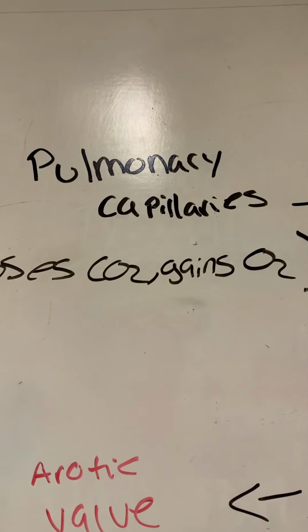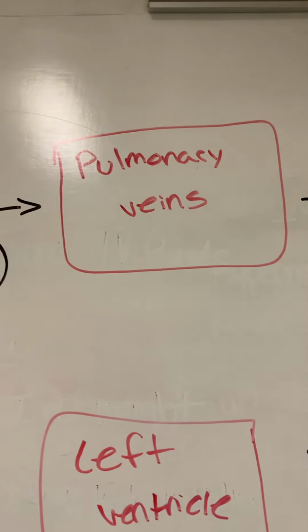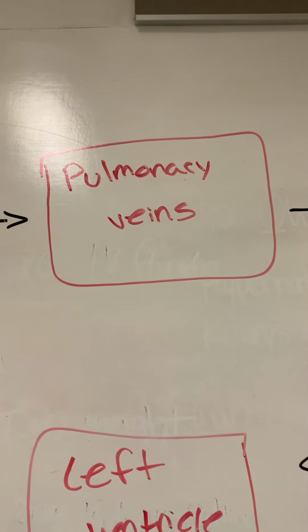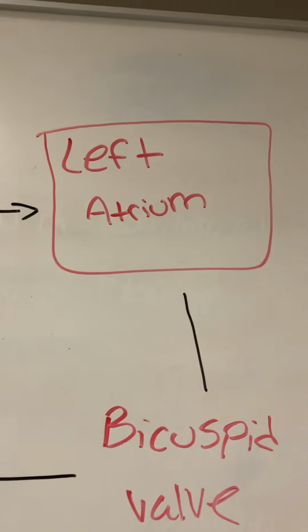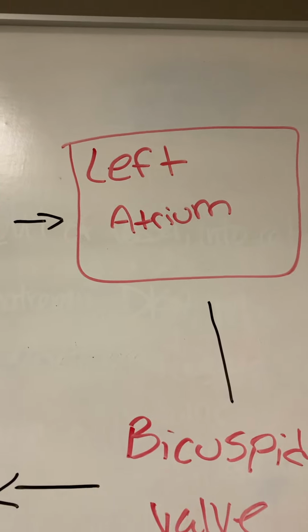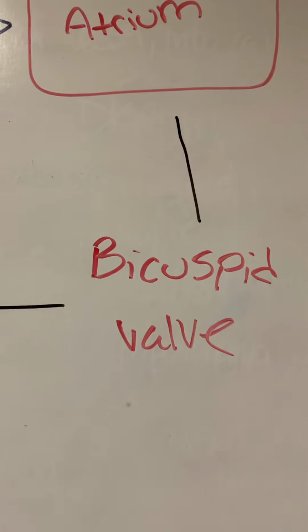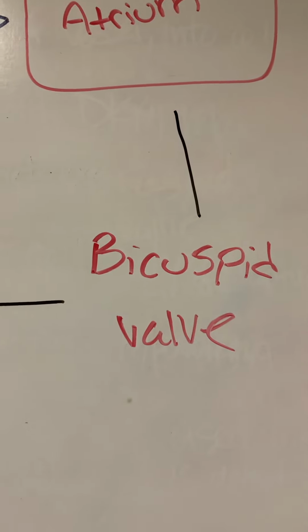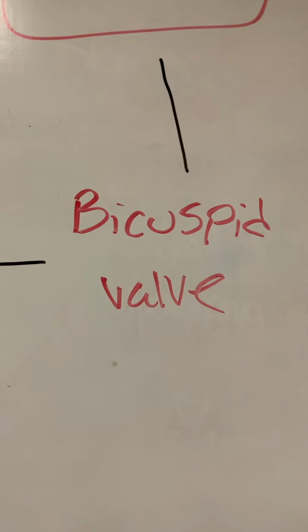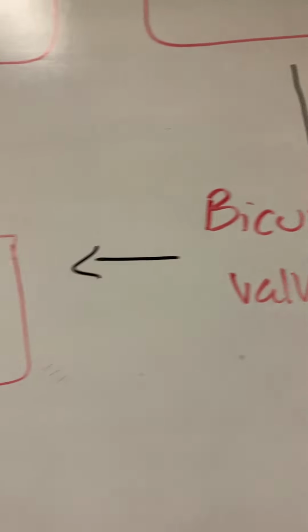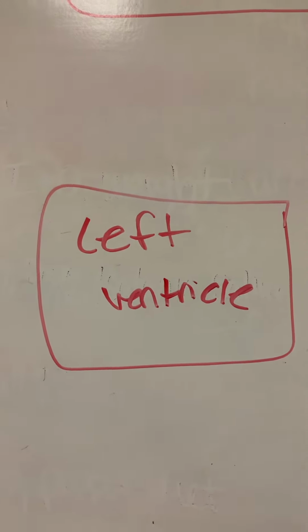Then after the pulmonary capillaries, it will go to the pulmonary veins. This delivers oxygenated blood from the lungs to the left atrium. The left atrium receives blood from the lungs, and then it will go through the bicuspid valve. The bicuspid valve has 2 flaps or cusps, and it also prevents backflow and helps the blood flow smoothly through the heart. After this, it will then go to the left ventricle, which will contract in order for blood to